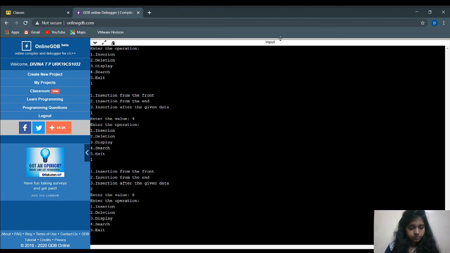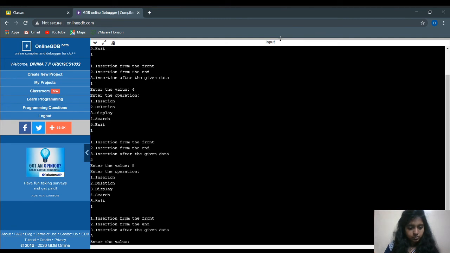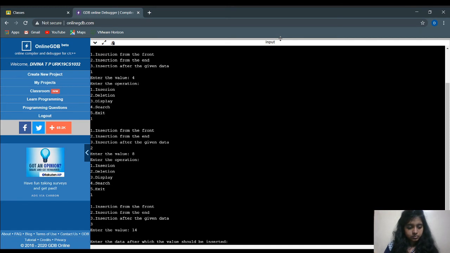Now again 1. I want to insert after a given number, which means I give 3. Enter the value, I give 14. After which number I have to insert, I give 4. After 4 I want 14 to be inserted.